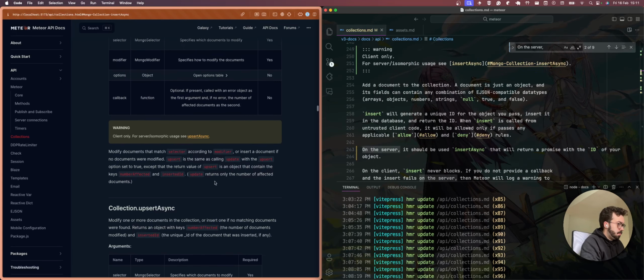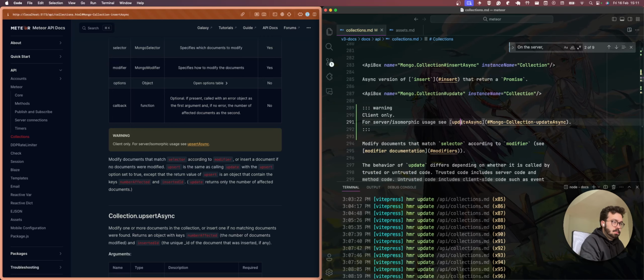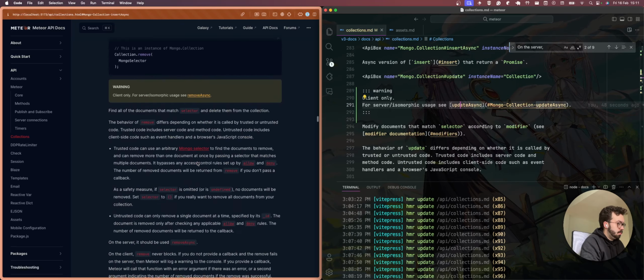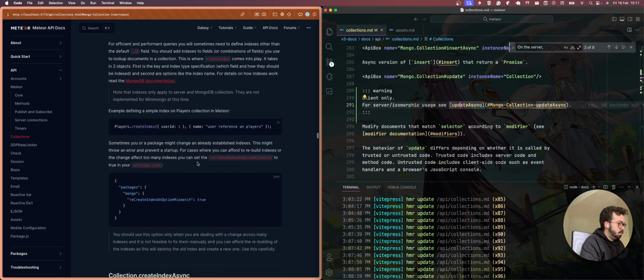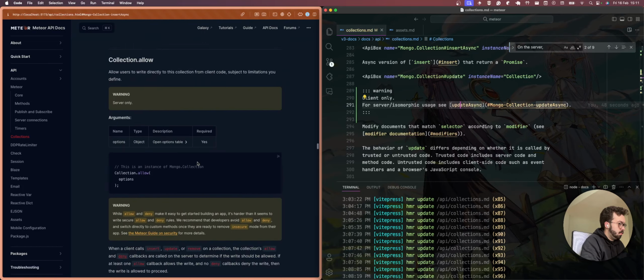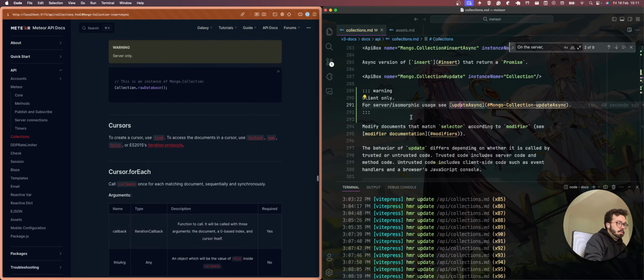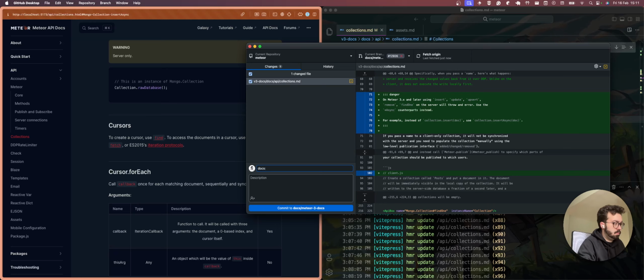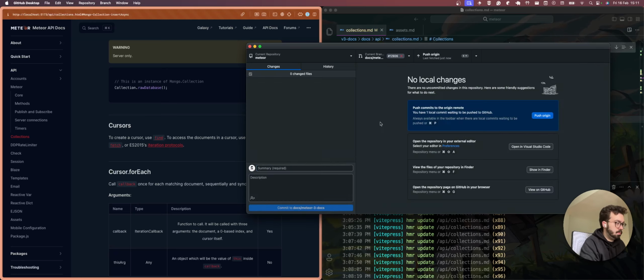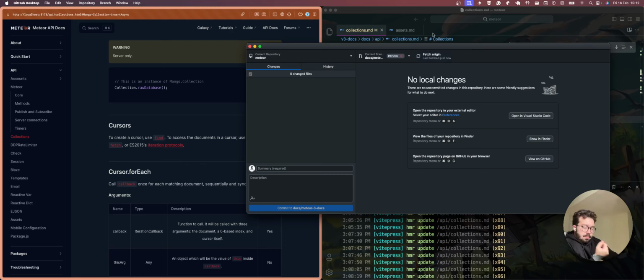Then start async. Well, so I think the collection methods are now okay, and I'll be working now on the cursor ones, and I think it's done for the MongoDB part.